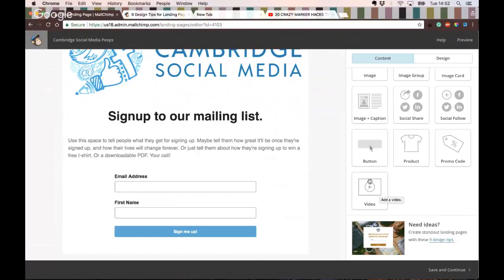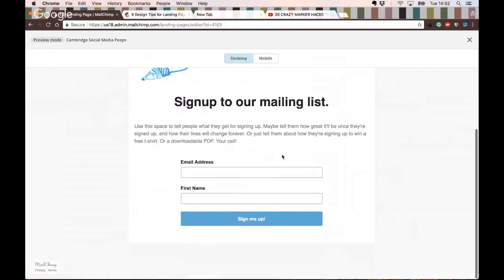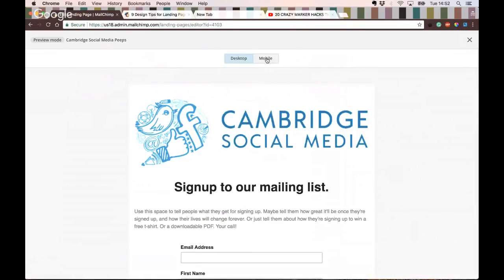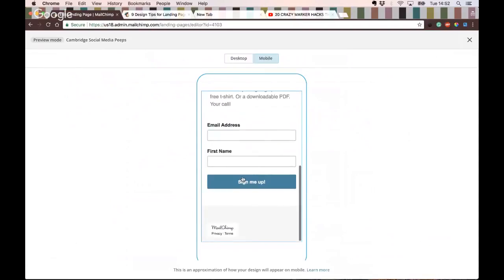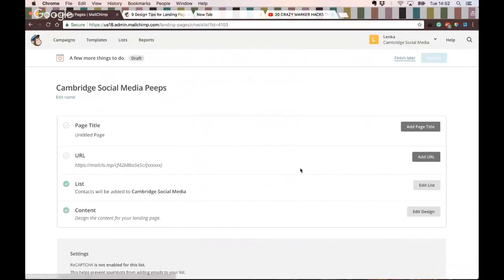You can edit here. Once you're done, you can click on the preview. So MailChimp will load up how your landing page will look, again, on desktop and on mobile. And once you're done, you can click on save and continue, and you will be taken to a little bit